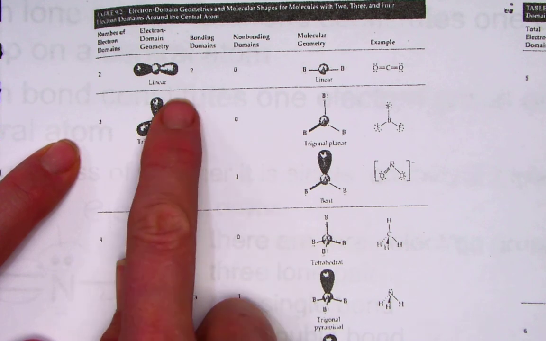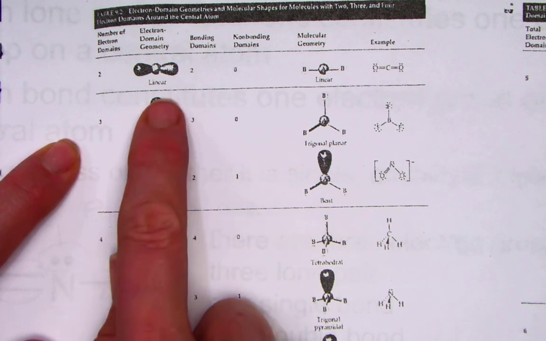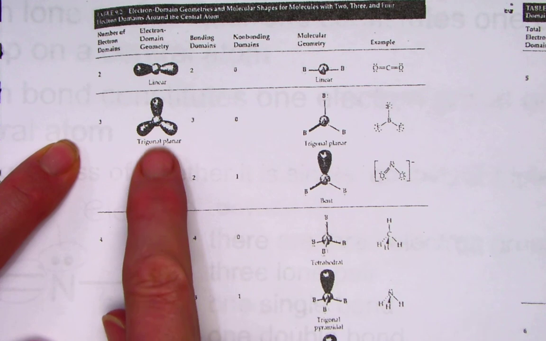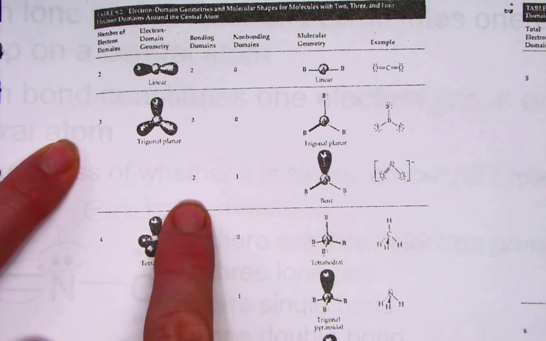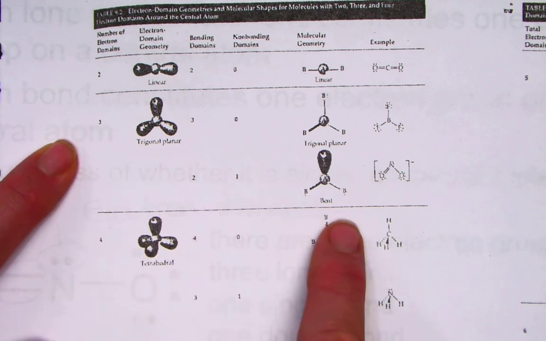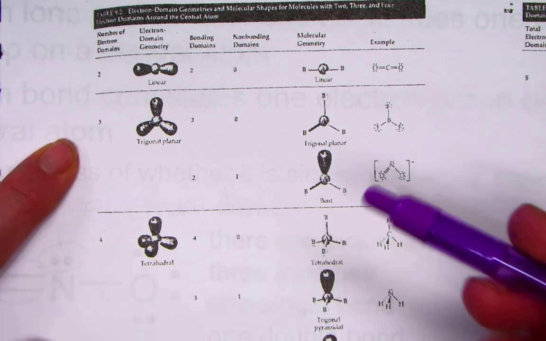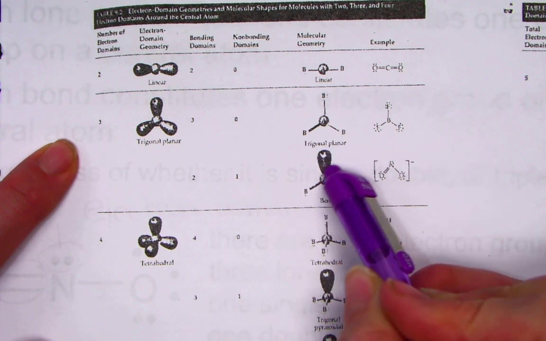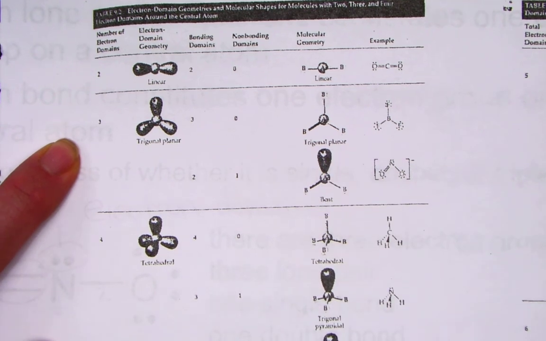Those are the electron domains. Think about it, if there are 3 points in a triangle, those would create the largest space between those electron domains. Now, out of those 3 electron domains, 2 were bonded, 1 was unbonded. The 3 domains, 2 bonded, 1 unbonded, create what's called a bent molecule. The bent molecule places the central atom at an angle of about 104.5 degrees, and then that lone pair of electrons up on top. So if I think about